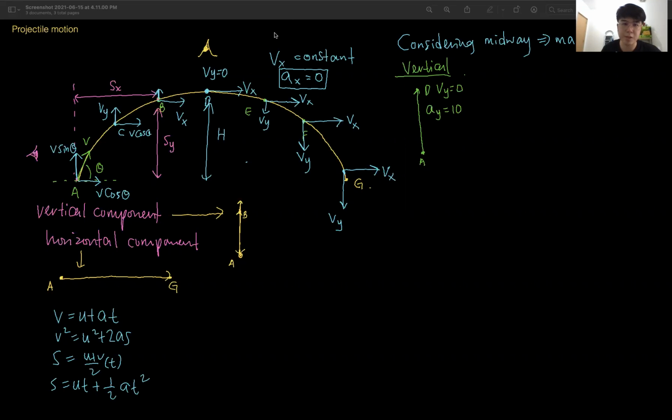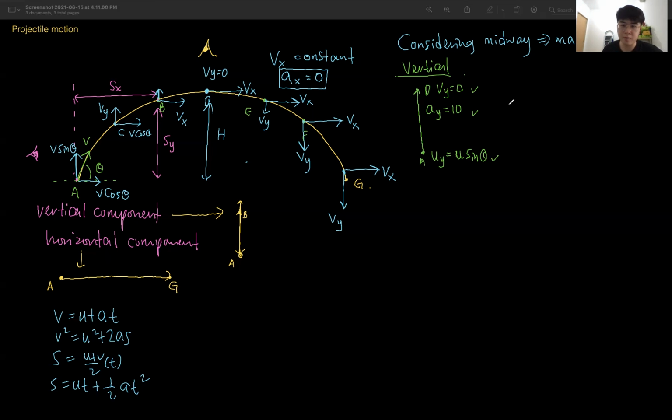Now, let me change this first. This is Uy, initial velocity in the vertical component, which is U cos theta. Sorry, sine theta. So these are all the information that you can get. This is a known value, this is a known value, this is a known value. The angle is given, the initial velocity is given, the acceleration is also 10, and Vy is 0. So you already have 3 pieces of information, so you can calculate. What can you calculate? From your equation,